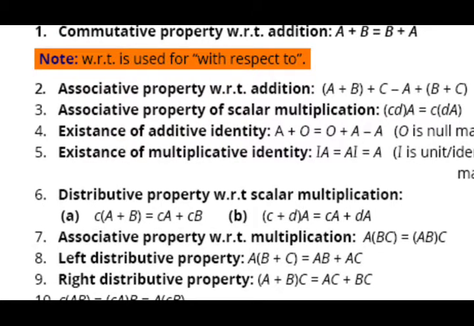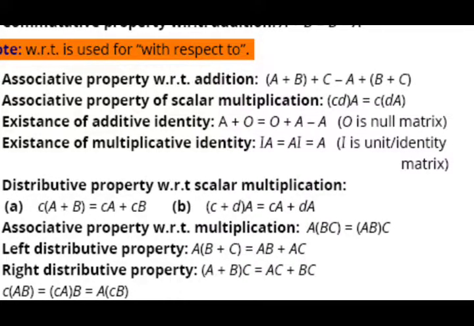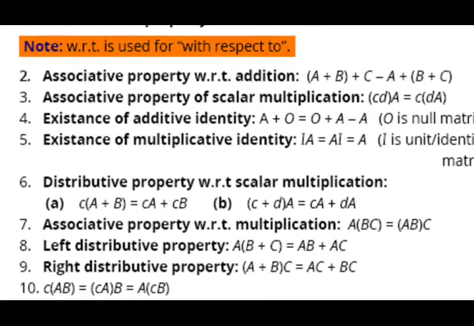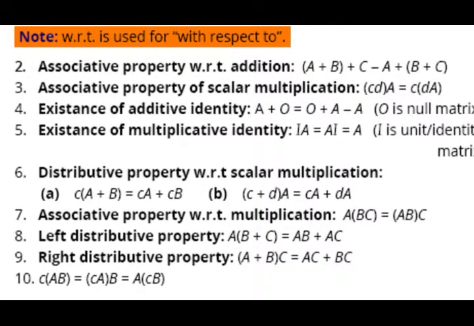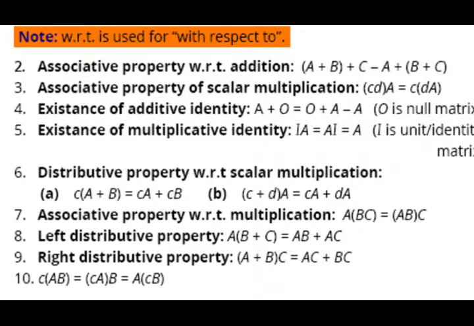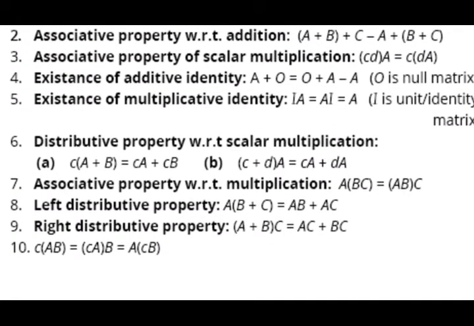Existence of additive identity. Additive identity is 0, the null matrix. A plus 0 or 0 plus A gives the same answer, equal to A. Existence of multiplicative identity. Multiplicative identity is I, [1 0; 0 1]. If we multiply with A from the left side or from the right side, it gives the same answer. Distributive property with respect to scalar multiplication